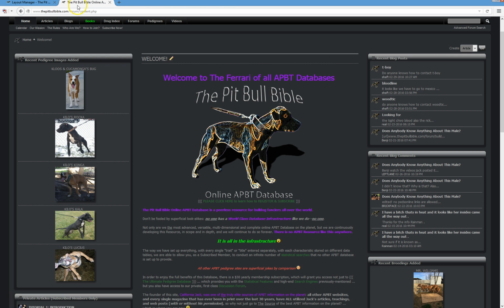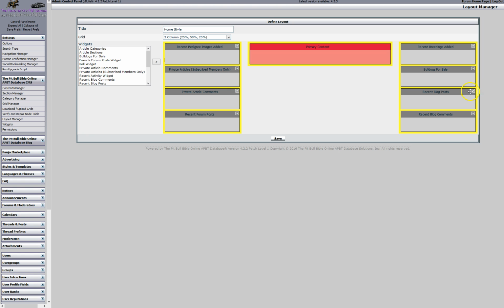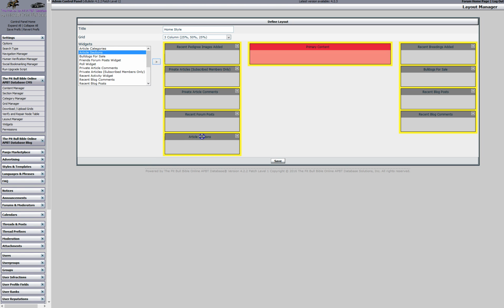But yeah, recent breedings added. If you wanted to put the breedings on top, you could do that. If you wanted to put the bulldogs for sale up here, you can rearrange it. You can get rid of them, and you can pop them back in here. You could add more. If I wanted to add one more article section, I could